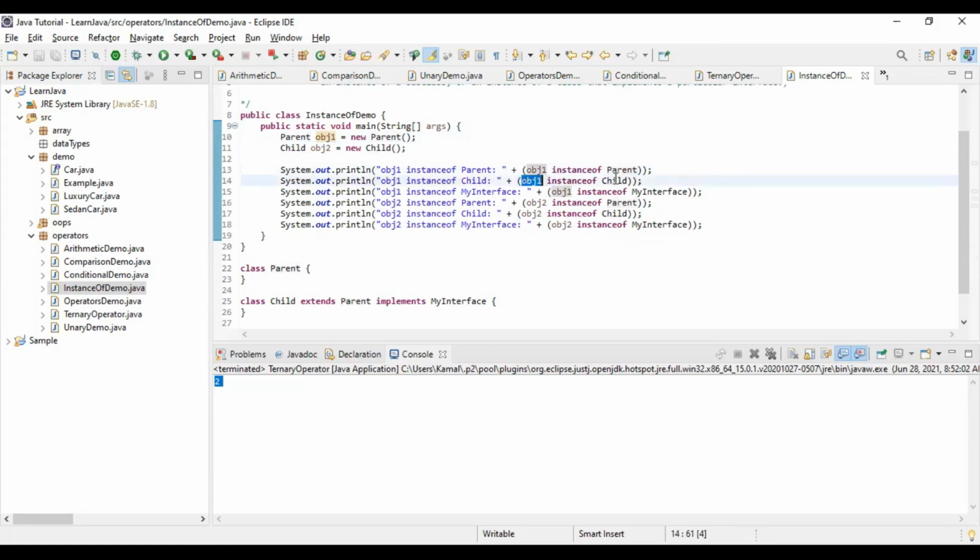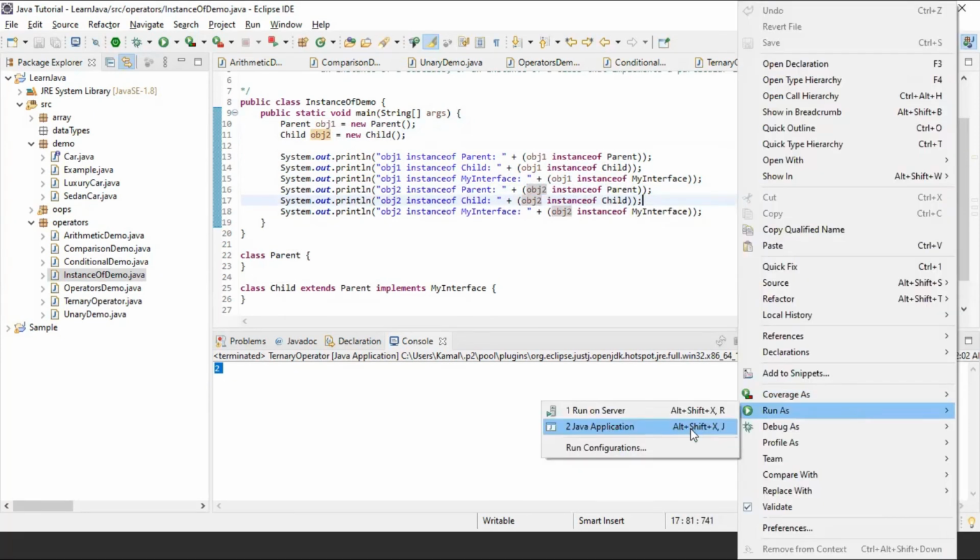Is it an instance of child or not. Object 1 instance of interface or not. Object 2 is of child type, so it is an instance of parent. Object 2 instance of child. Let's execute and then I will explain.